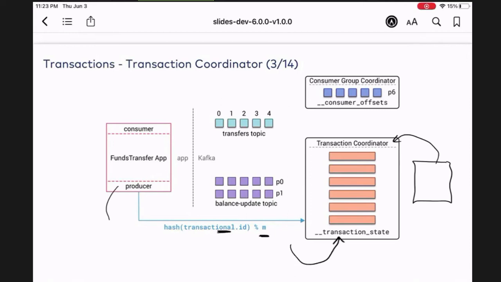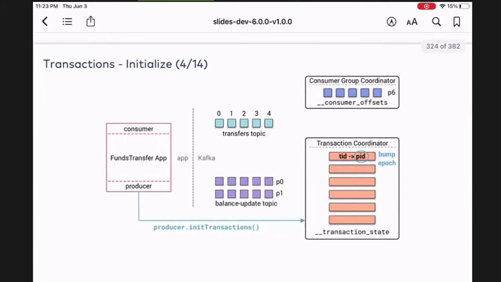And then it figures out, let's say, okay, this broker here, broker 2. So let's say broker 1 in this case is the group coordinator. Broker 2 is the transaction coordinator, I'll put TC for transaction coordinator. Okay, so this sets the stage. We have a transaction coordinator and a group coordinator.